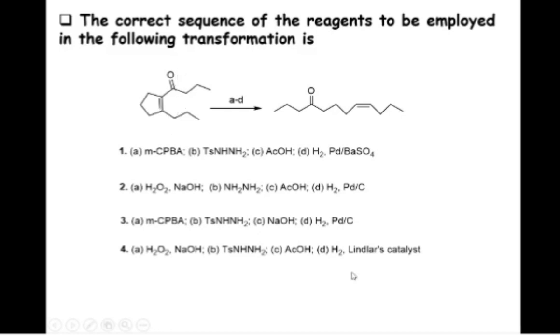On reaction with acid, protonation of that epoxide takes place and acetate ion will abstract the proton from that NH group and the electrons will come towards here and formation of nitrogen, and again it will come back and opening of that ring takes place and formation of alkyne, and reduction of that alkyne leading towards the Z-olefin by means of Lindlar catalyst. That's why this option 4 is the correct option as compared to the first option. That's why keep in mind this Eschenmoser reaction in future.